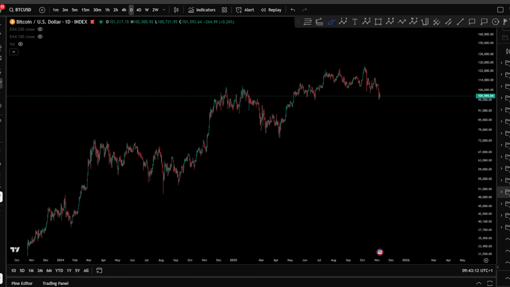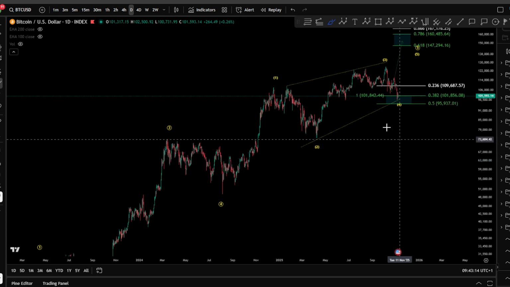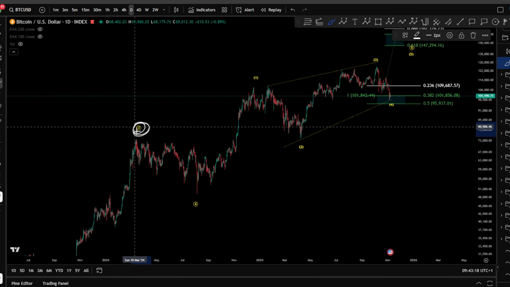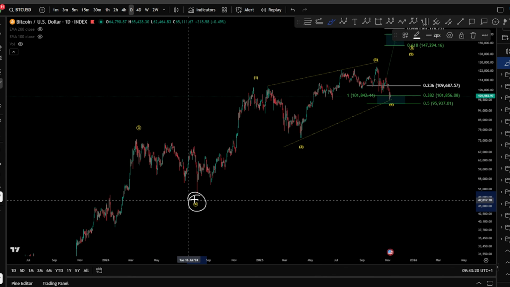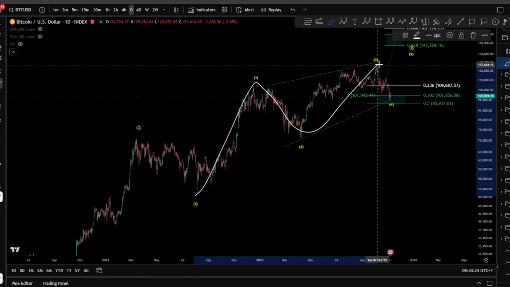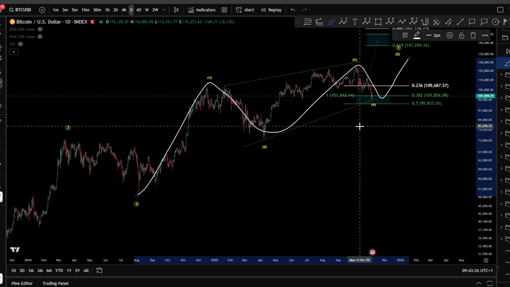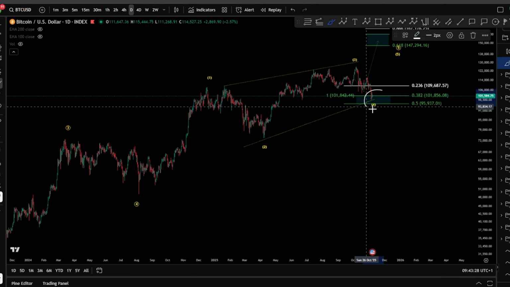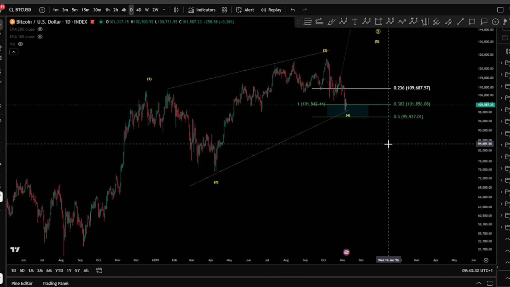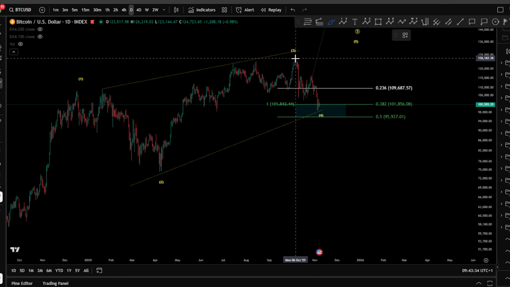So for the bullish scenario, the first scenario that we might think about here is, of course, after topping here for wave 3 and wave 4, a very strong hold area here as a support, we see a 1 2 3 4 and a 5 potentially as an ending diagonal. The wave 4 has hit perfectly the level for wave 4 in a diagonal, and we are looking at a potential